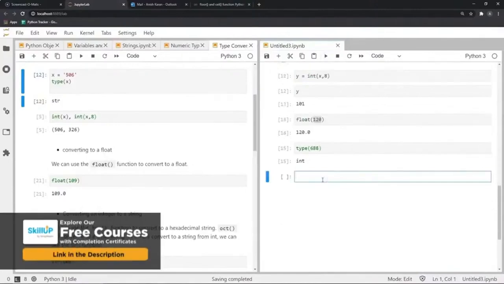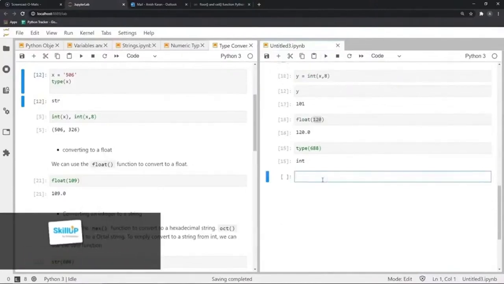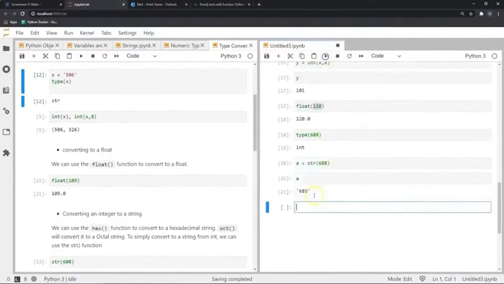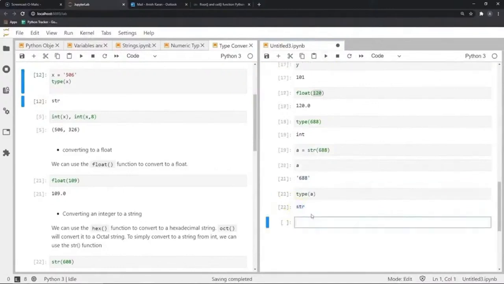But let's say we convert it into a string 688 and let's store it into some variable. Let's call it a. Alright, now let's see what's in a. It gives us 688 in the form of a string, but we can confirm by checking the type of a. It is a str. So it is a string. Similarly, we can use hex if we wanted to convert an integer into its hexadecimal equivalent